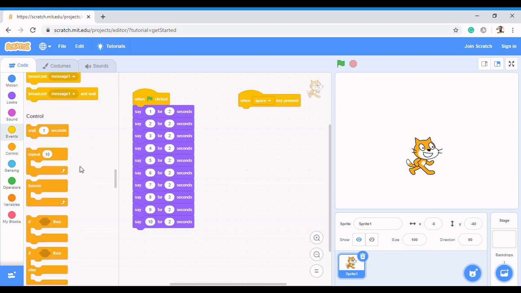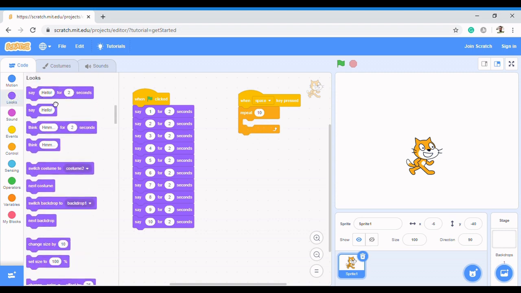So in this example, I'm going to be showing you repeat 10. So because we want to count a number 10 times, we're going to say repeat 10. That is the condition idea. That until it gets to 10, stop whatever you have inside this block of code. For example, if you say 1,